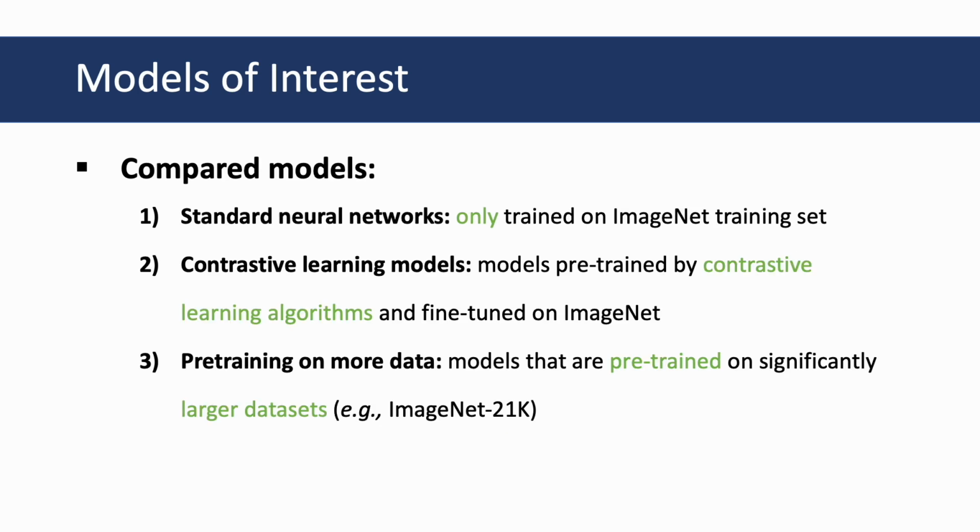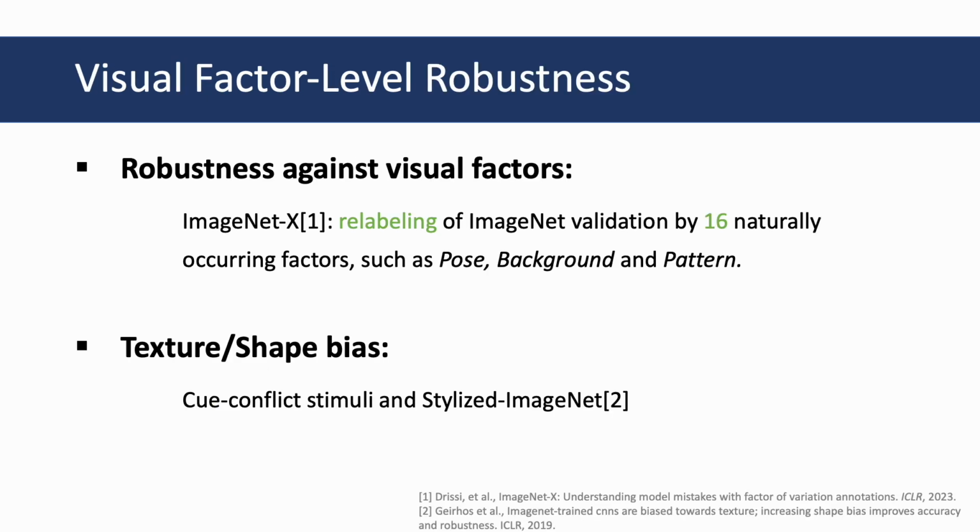And we compare CLIP with three groups of models. They are standard neural networks, models trained by contrastive learning, and those pre-trained on more data. Then we introduce the datasets and metrics used for each safety objective. We use ImageNet-X to assess models' robustness against visual factors, and Cue-Conflict stimuli and Stylized ImageNet for texture